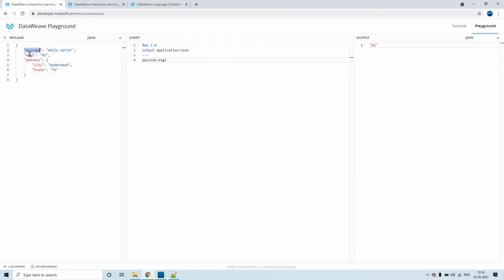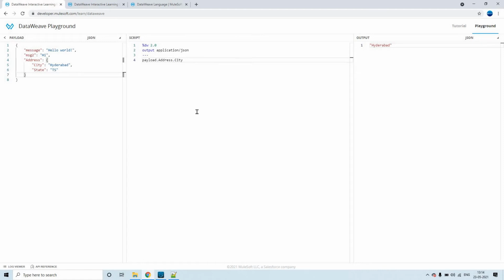So this is one key, second key, and the third key. But this third key has, I mean, we have assigned one more JSON object actually, and it again has two keys, that is city and state. So it all depends. For example, if I put address, it prints the contents within the address. If I want to access city, this is how you can access it. I hope till now you understood this.